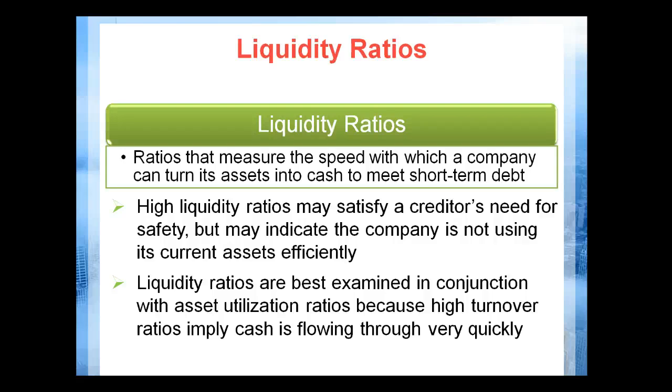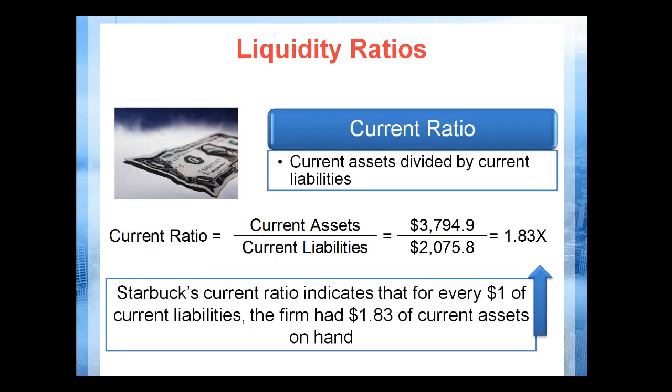Liquidity ratios also are used with your asset utilization ratios, because they help you imply that if you are getting a high turnover in your inventory, your liquidity ratios are going to also be high as well. These ratios work in conjunction with one another, and they have a direct relationship, which means if your asset turnover is low, your liquidity is going to also be low, because you're not turning over your inventory or your assets quickly enough to get cash. It's going to affect how you pay your bills.